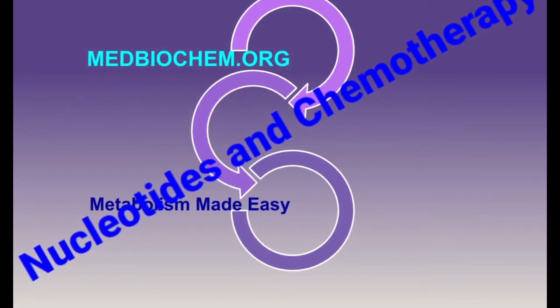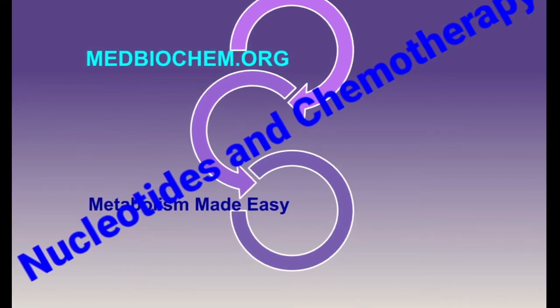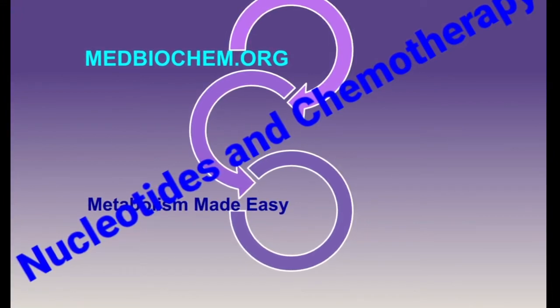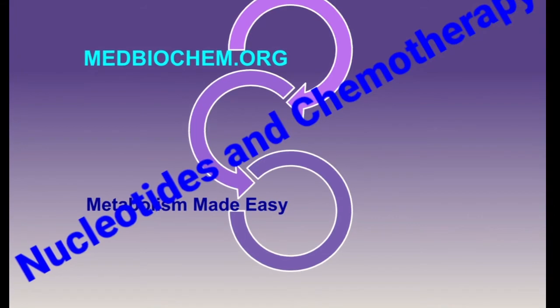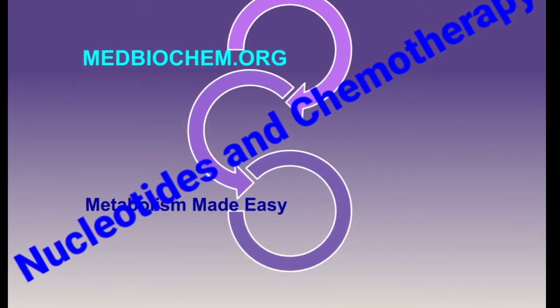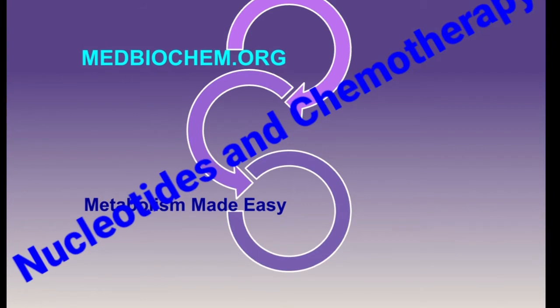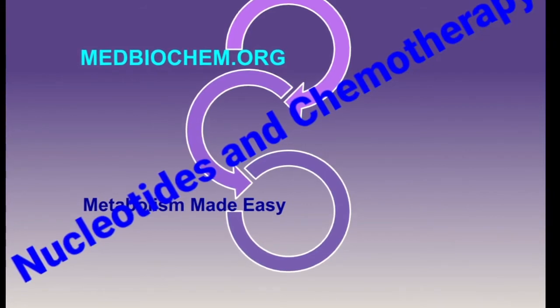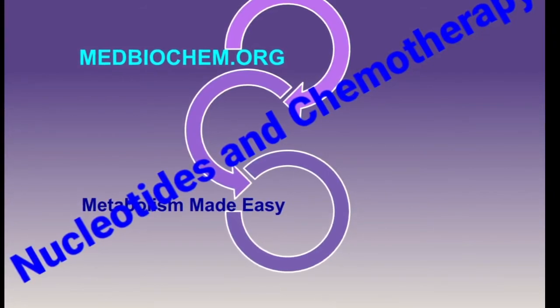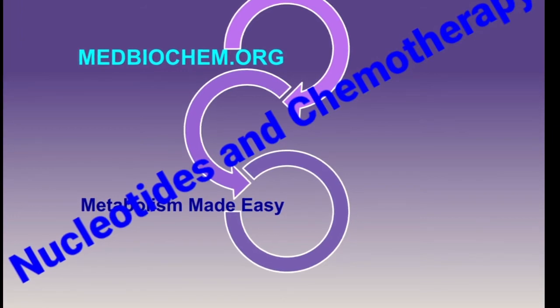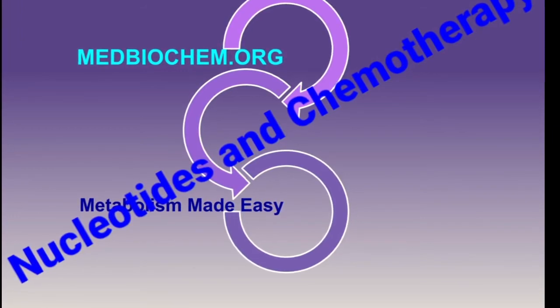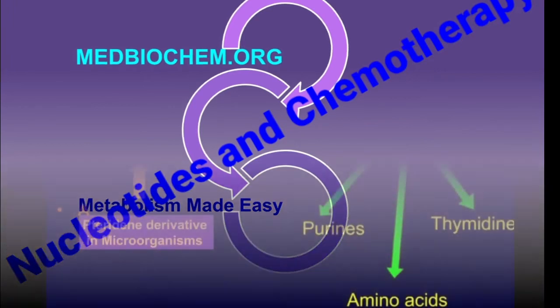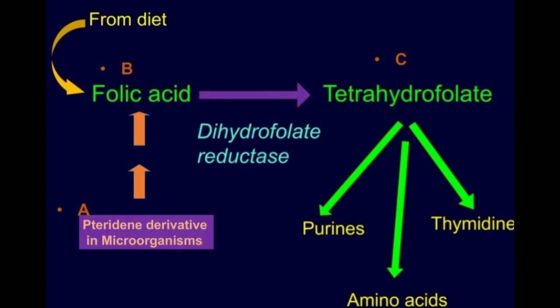So this is essentially the strategy behind many chemotherapy drugs, which is to deplete one or more nucleotides from the cell or prevent them from being synthesized, thus slowing down cell growth and cell division. I will cover 3 target enzymes that have conventionally been used in chemotherapy. The first one is